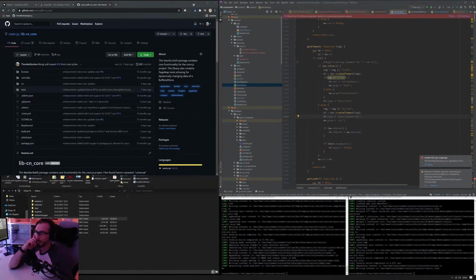But the problem is then you need to provide some kind of a source map to differentiate between a JavaScript file that holds a module and a JavaScript file that simply holds an ExtJS class. So at this point, things began to become a little bit more complicated